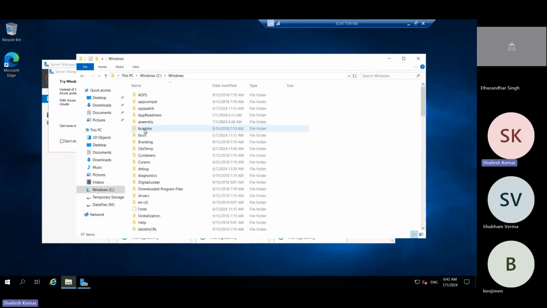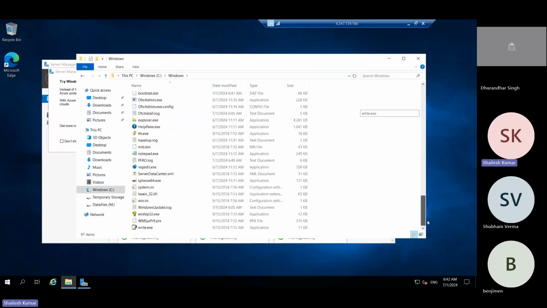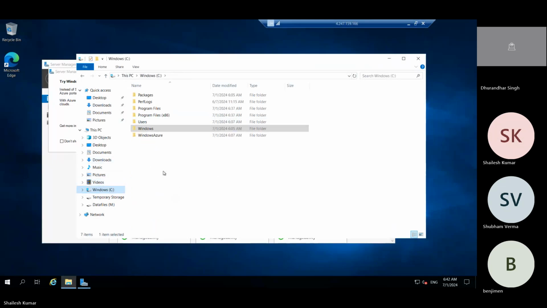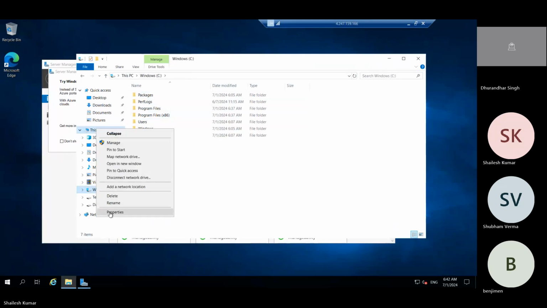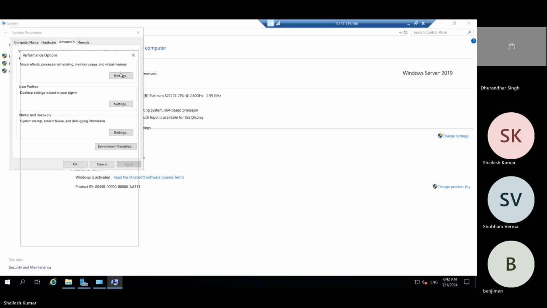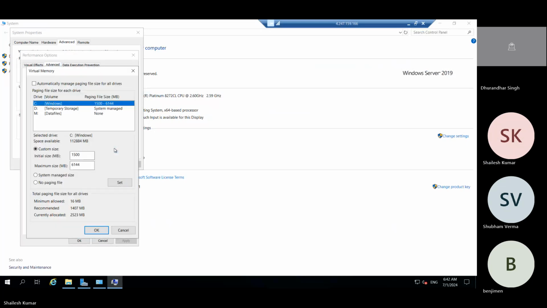It's not showing the virtual file, right? System paging, custom is enabled here.